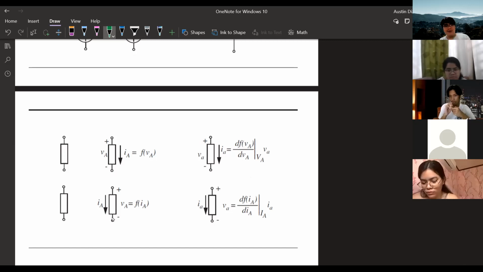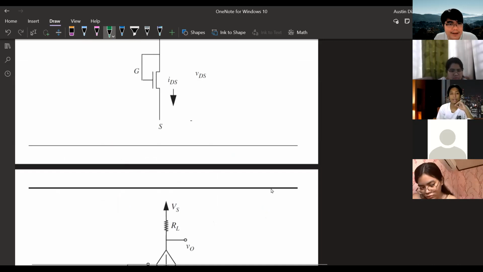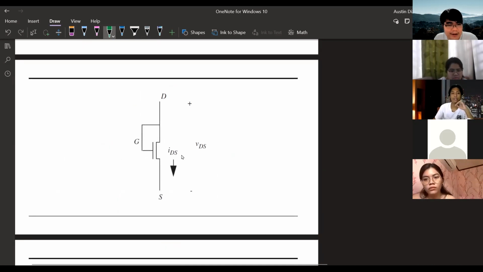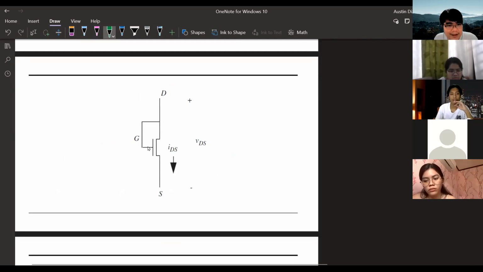In the similar way, kung kabaliktaran naman yung binigay sa'yo, the voltage through a nonlinear element is dependent on the current applied to it, then you can get this relation. Okay? Okay. So yan, let's try this example. Yung drain nakakonekta sa gate ng